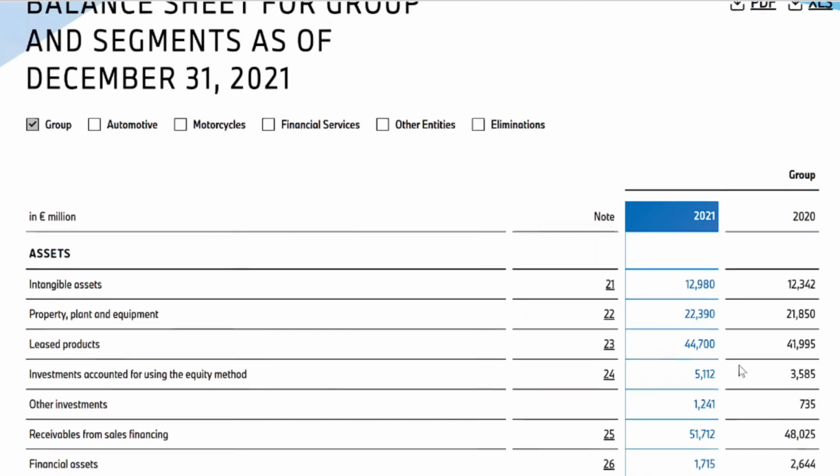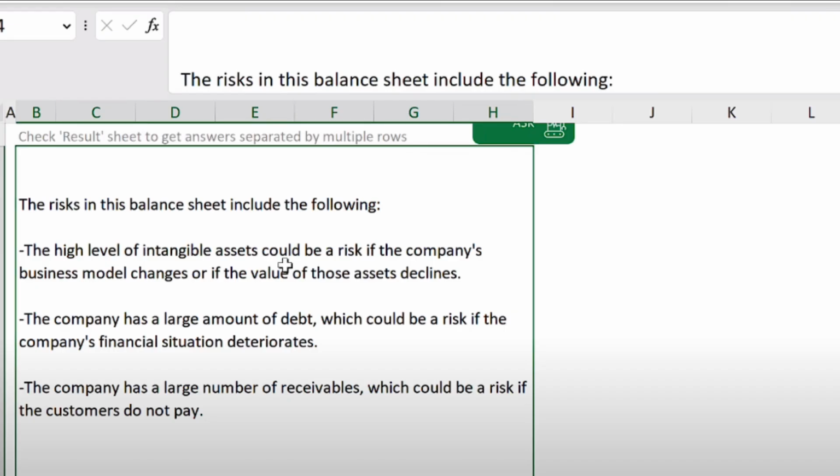So let us go and copy and paste this analysis sheet from this website to our Excel. So that we have pasted it, I have been able to ask a question to this AI: what are the risks based on the balance sheet? So it has given me this